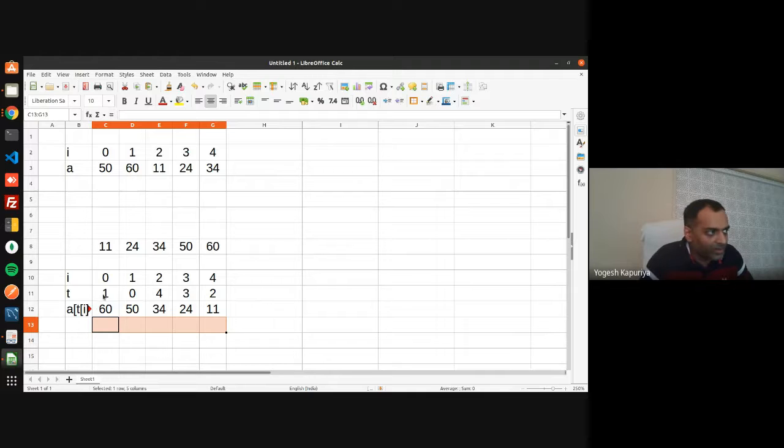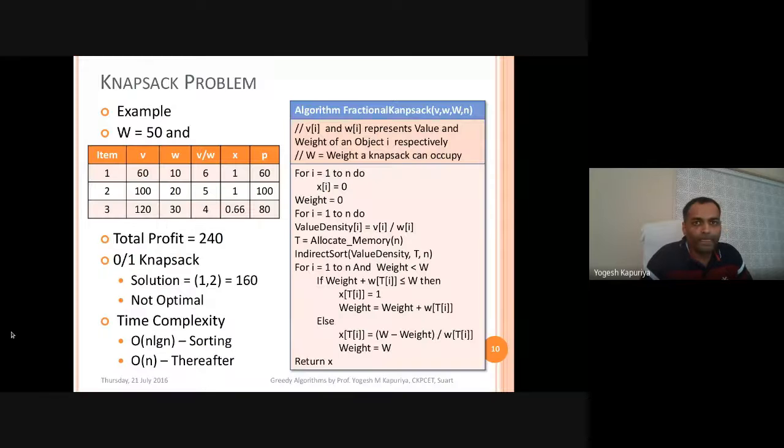So what does this first value contain? It contains a reference to the highest density item. So that is what I am interested in. Now what I will do is find out the weight of that item. T of I is a reference to that item that will give me the index. So I will find out the weight of that particular item. So weight of T of I.